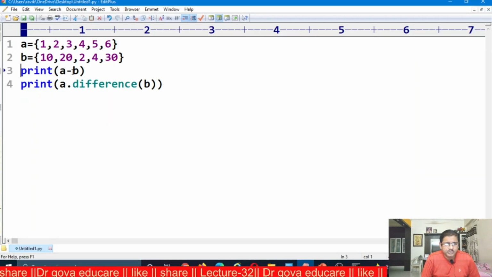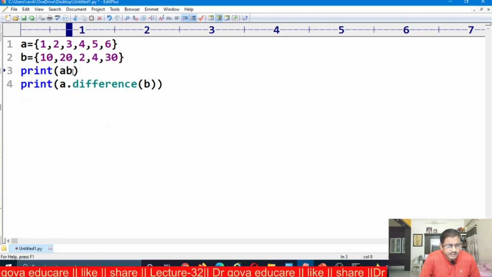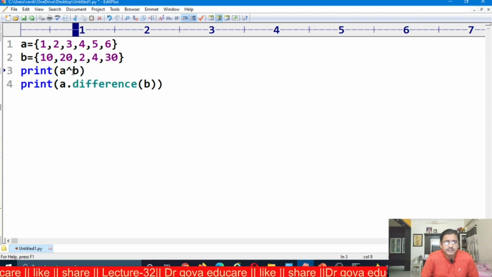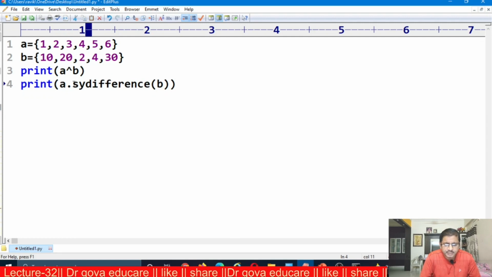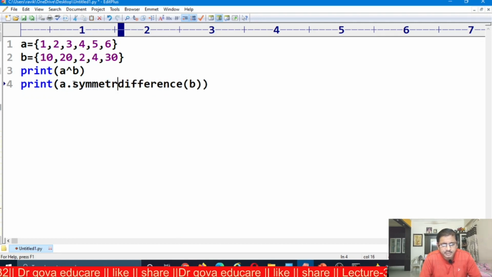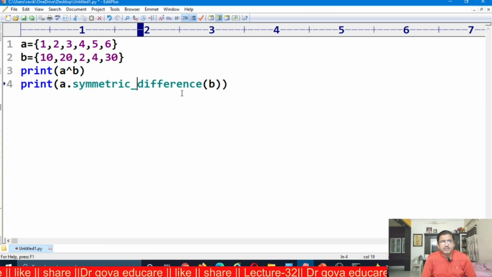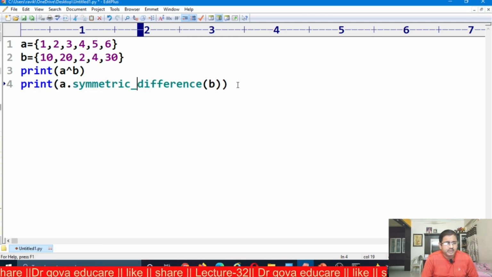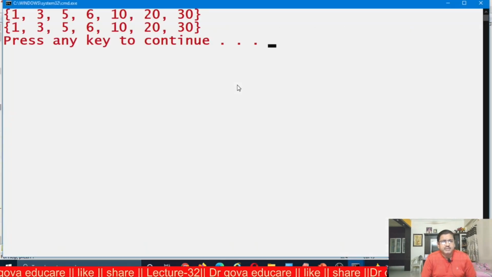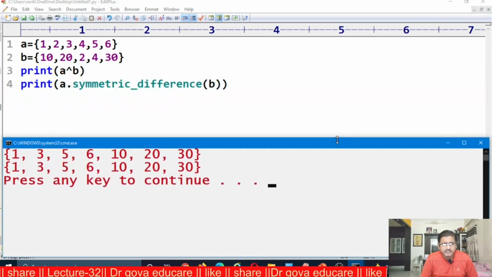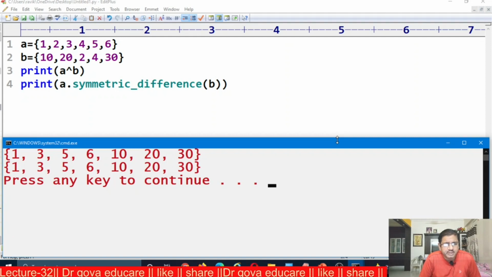I am using the cap operator and also symmetric difference of B. Now I am executing this. The outputs are the same. The elements of either A and B but not both.